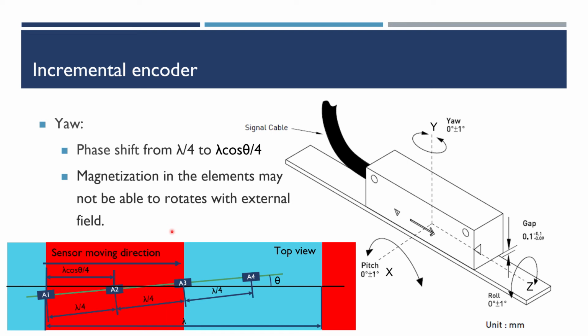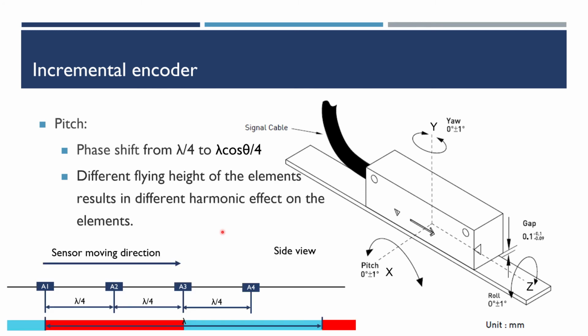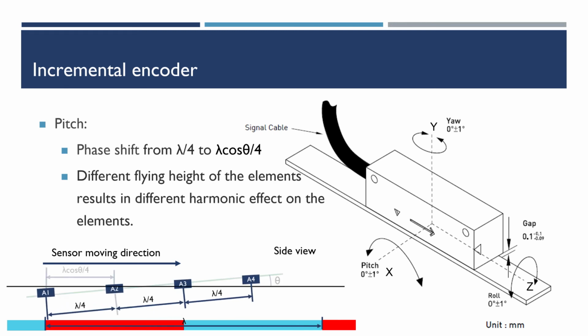Also, the magnetization in the element may not be able to rotate with the external field when the yaw angle is too large, since the elements now are not parallel to the magnetic field. As for the pitch angle, the phase shift is the same as in the yaw angle case, and the elements are at different flying